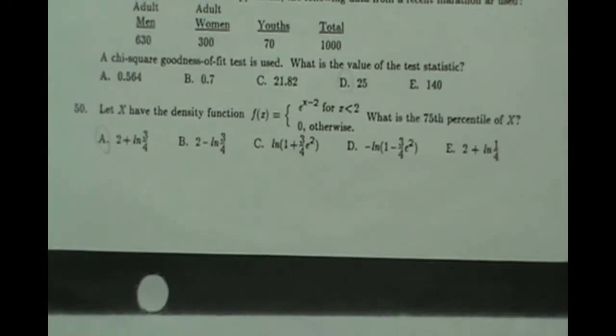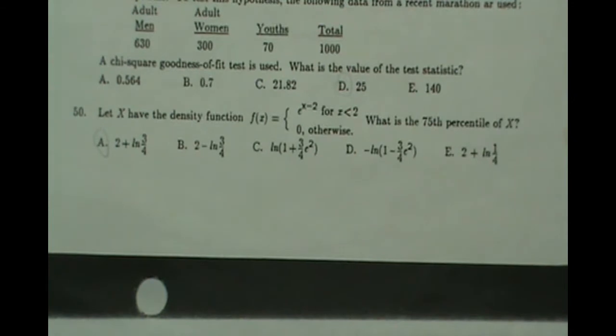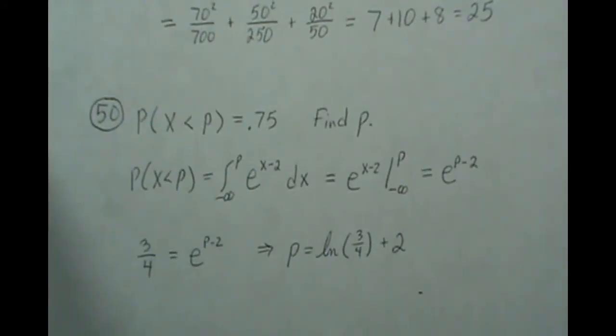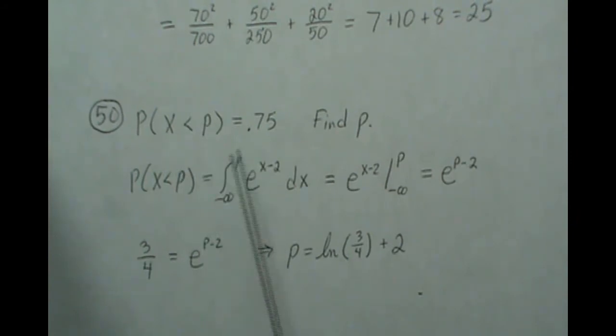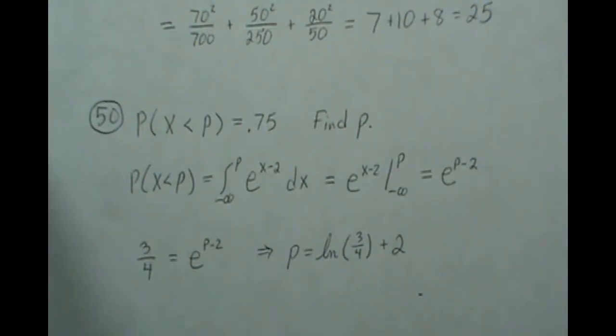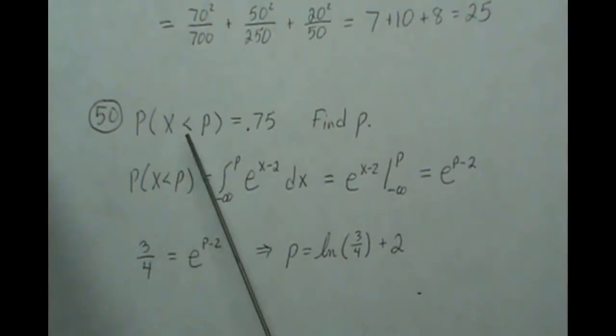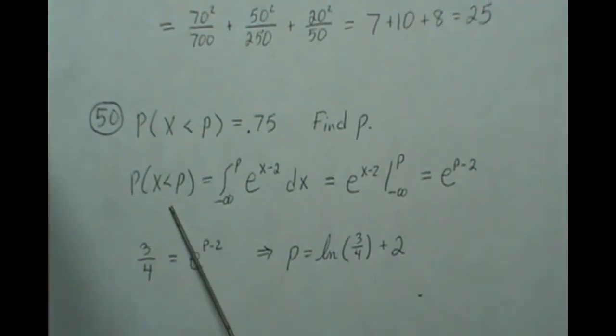Number 50. Let x have the density function f of x equal to e raised to the x minus 2 for x less than 2. What is the 75th percentile of x? Now, problem 50, we want to find the 75th percentile. So if x is our distribution, the probability of x being less than p is 0.75. And since it's continuous, it doesn't have to be equal to, but it should be. So this probability